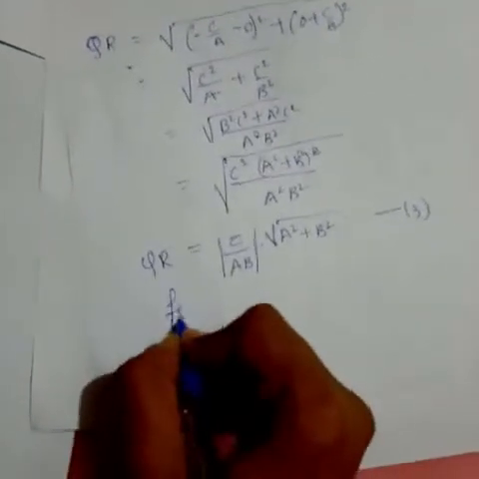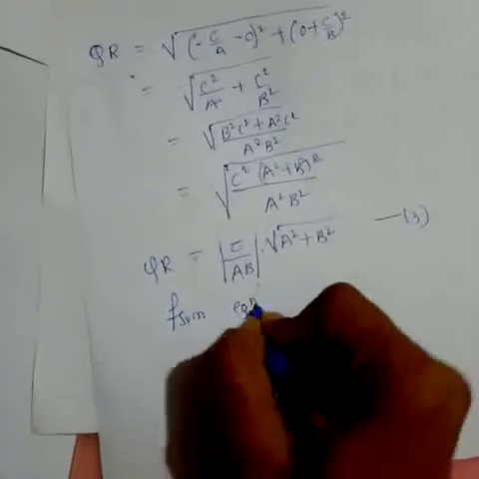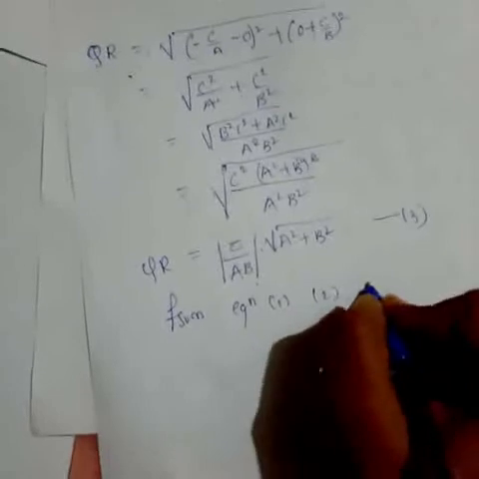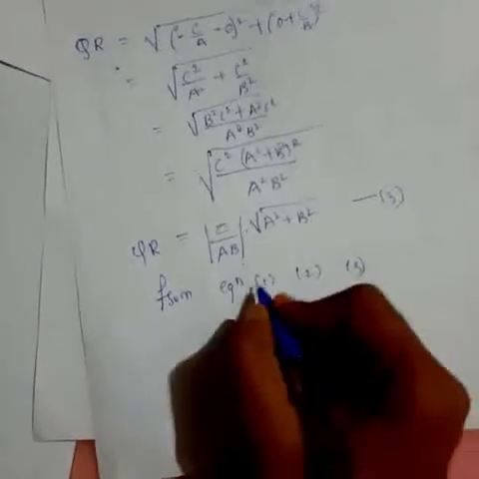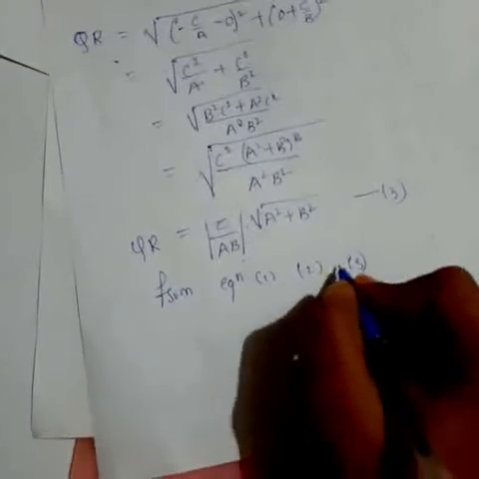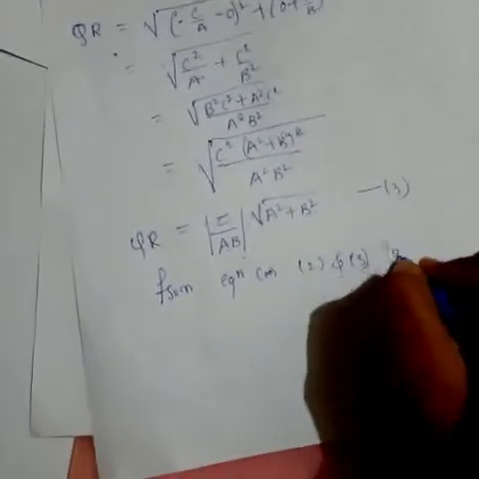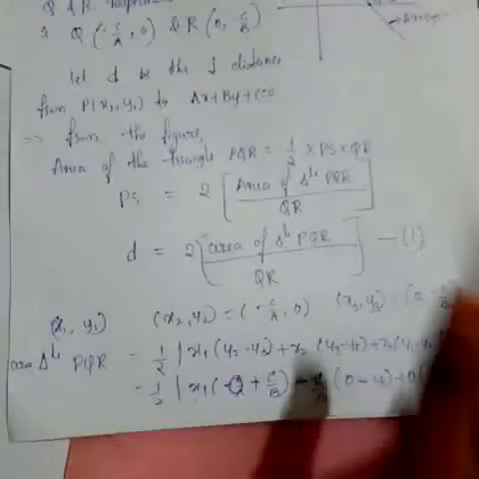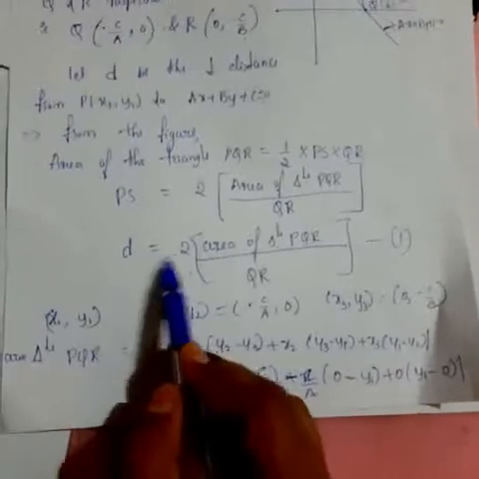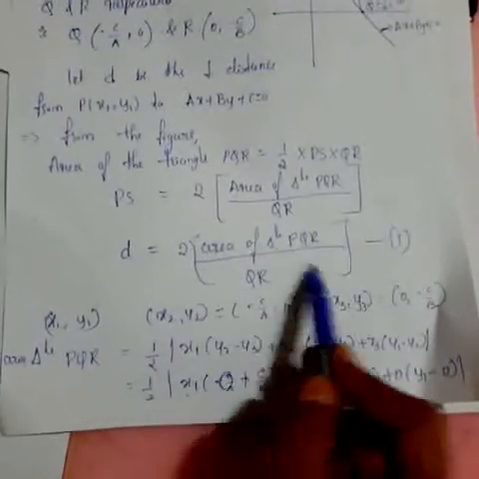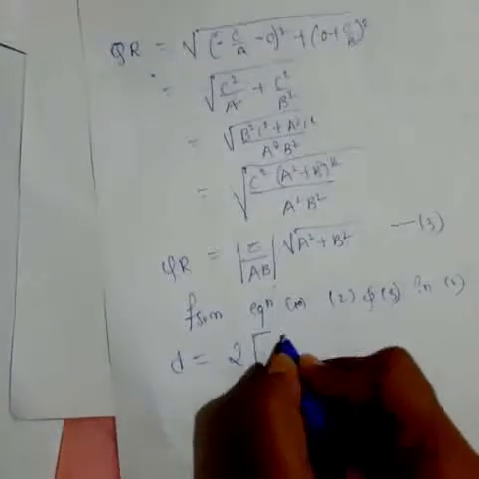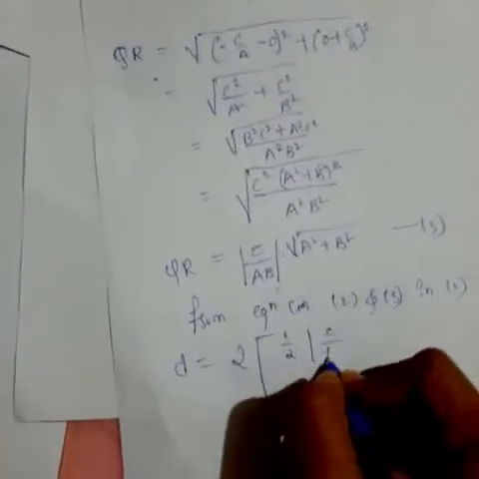Okay, from equation 1, 2, 3, means from equation 2 and 3 in 1, you'll get what here? See here, one equation is what here? Yes, D is equal to area of triangle, we have to put divided by QR. Yes, D is equal to 2 times the area, what do we have here? You got here half c by ab